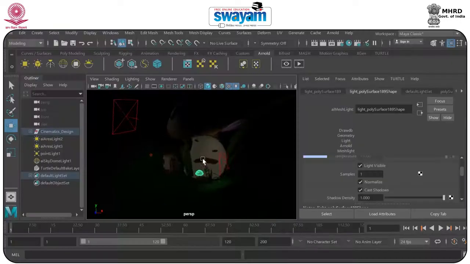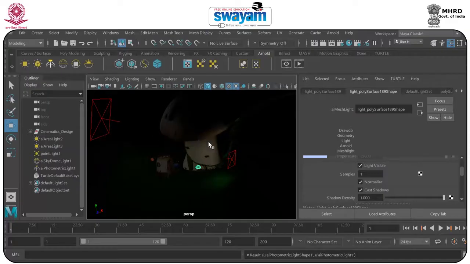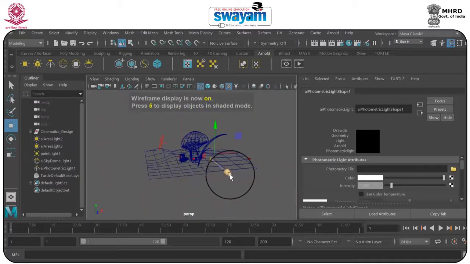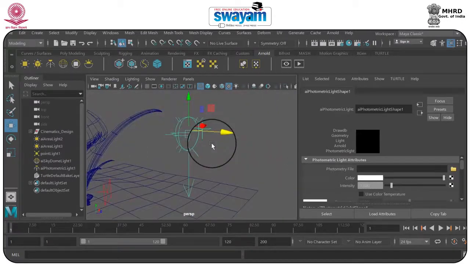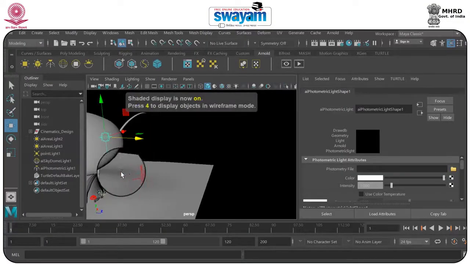Now for IES lights you have this photometric light, which will allow you to create IES lights. If you click over here, now your photometric light has formed. Where is it? Here. I will press 4 for a time, go here, press F to focus on this particular section. Okay, now just put it over here. You can work in perspective when forming the light, but make sure you rotate around your axis to see the correct position. If it is going in the correct direction, then it's okay, otherwise you have to adjust it.